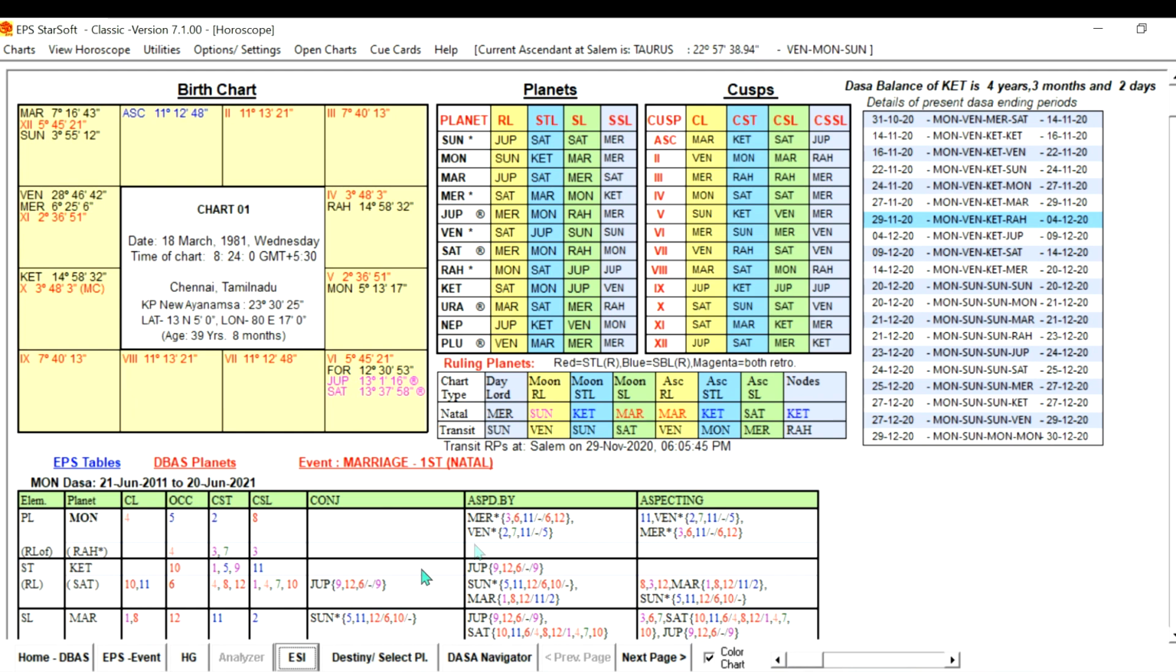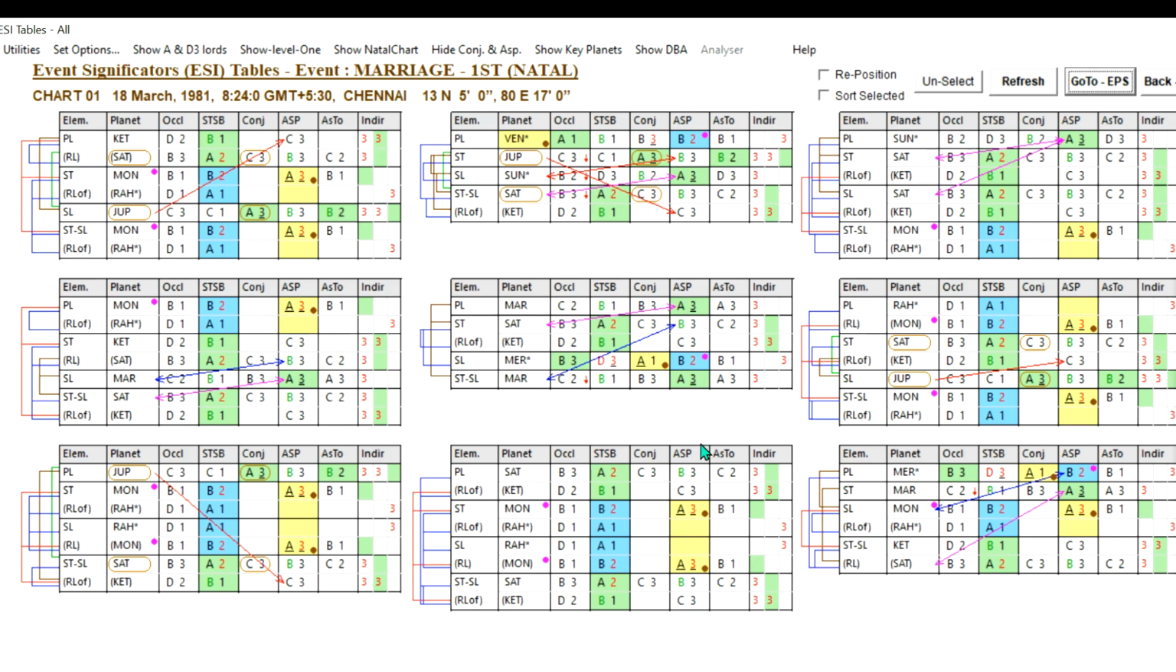Then another one is that you can see the ESI page. What is the ESI page? It is the even significators table. This is actually our older module. In that we can see all the planets' ESI tables, even significators grade tables, shown here, all 9 planets in a single page, wherein all the cuspal lordship, occupying house under the name OCCL, cuspal star lord and sublord under the title called STSB, and conjunction, aspecting to, all are shown with the grades. So it has got its own